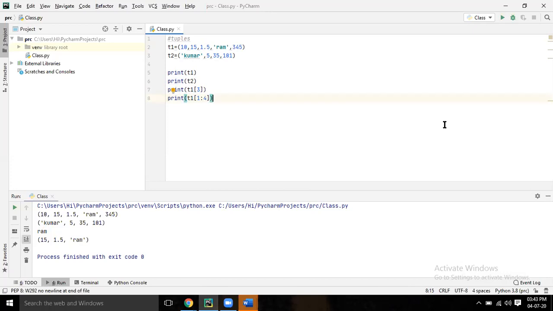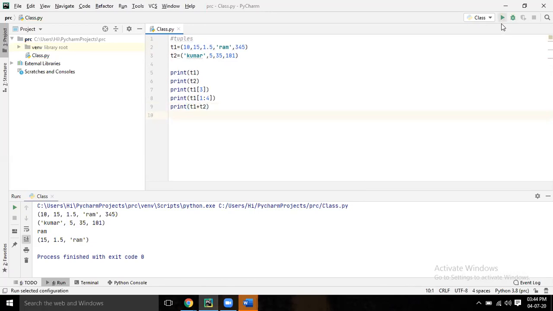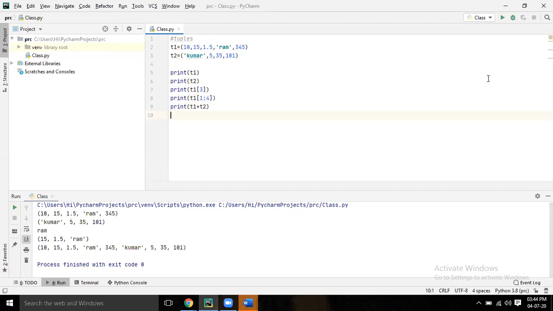Now print t1 plus t2. What happened? It is combined. So like that, you can try all of these over here. Print t1 into 2, that means 2 times, multiple times. 3 into 3 times.